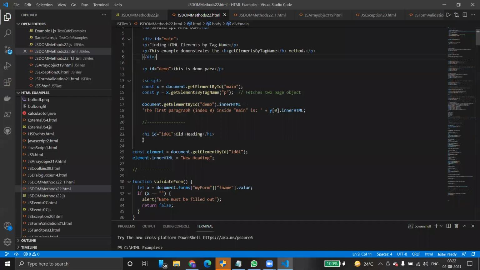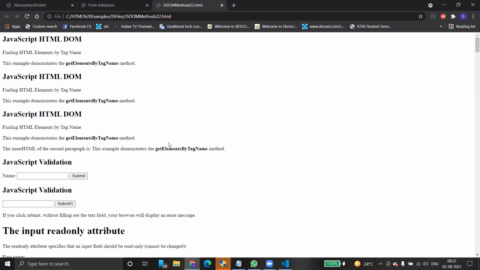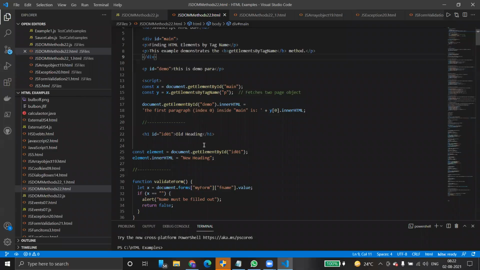And the second thing, the old heading is replaced with the new heading. Where is the new, old heading? Old heading and new heading, constant element.